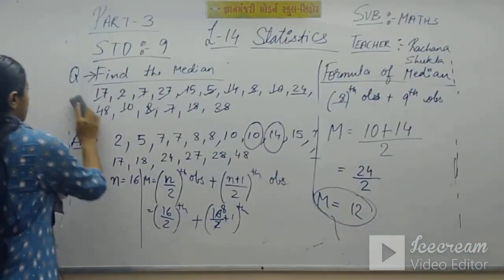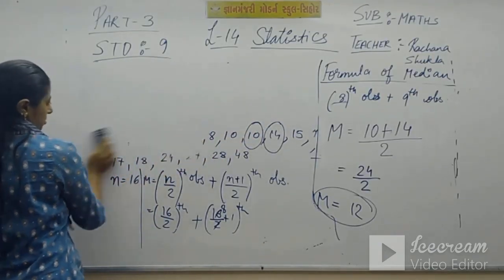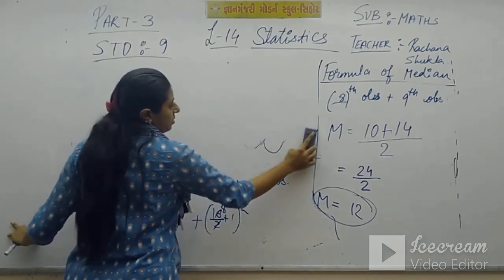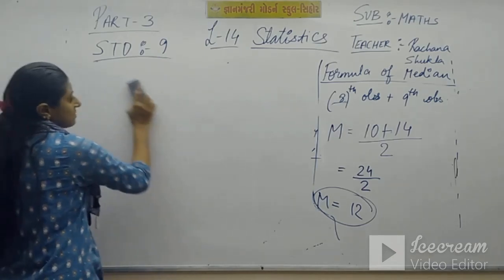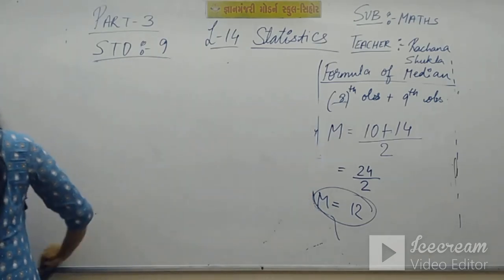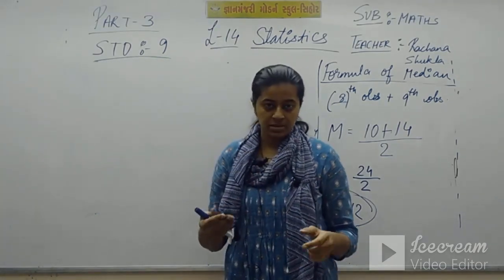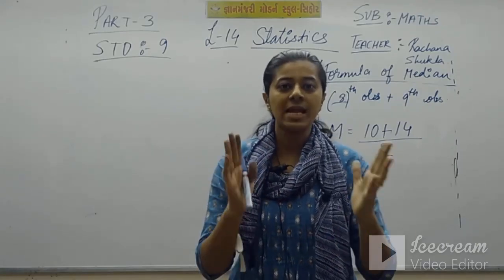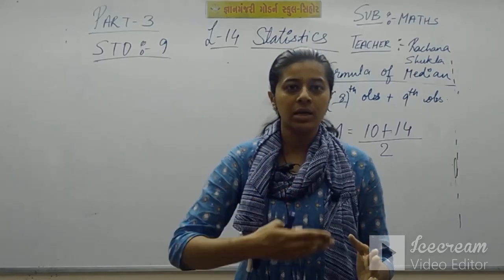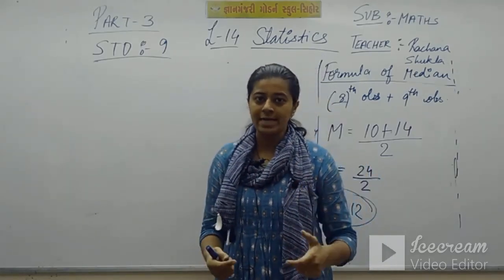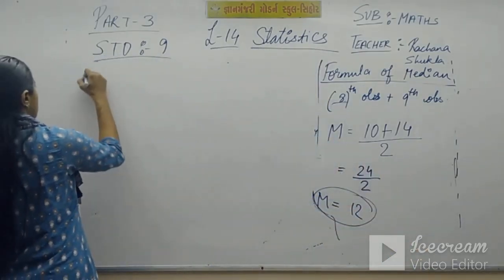The last topic, mode. What is mode? You have already studied mode in 8th standard. So many of you might remember what is mode, students. Mode means the maximum number of times a number repeats in the data, that is known as mode. Or you can say that the frequently occurring number in the particular data is known as mode. Writing down the definition of mode.